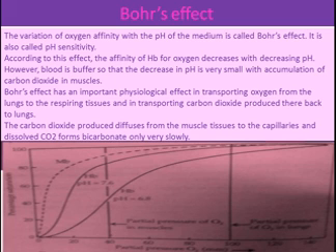So basically pH is directly proportional to the hemoglobin's affinity. If the pH is reduced, then the affinity of hemoglobin for oxygen will be reduced, but if the pH is higher, that is, the condition is alkaline, then the affinity of hemoglobin for oxygen will increase. Then carbon dioxide diffuses from the muscle to the capillaries and dissolves, forming bicarbonates very slowly.